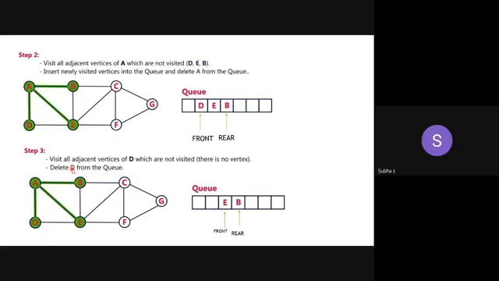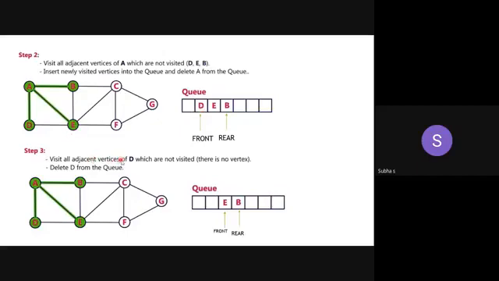Look at the third step. Now what do you have to do? You have to DQ, because the front is pointing to D only. So find the adjacent vertices of D, then remove D. Then find the adjacent vertices of E, then DQ E. Like that you have to proceed, because for the element pointing to front, you have to find the adjacent vertices. Suppose I have mentioned it as B, E, D, then first find the nodes adjacent to B only, then DQ B. There is no difference at all. You can write it in any order.